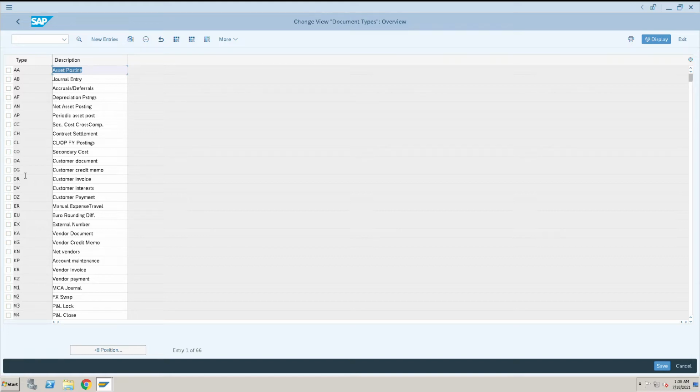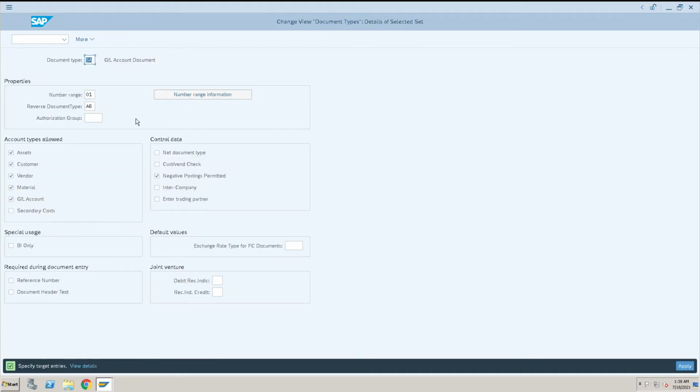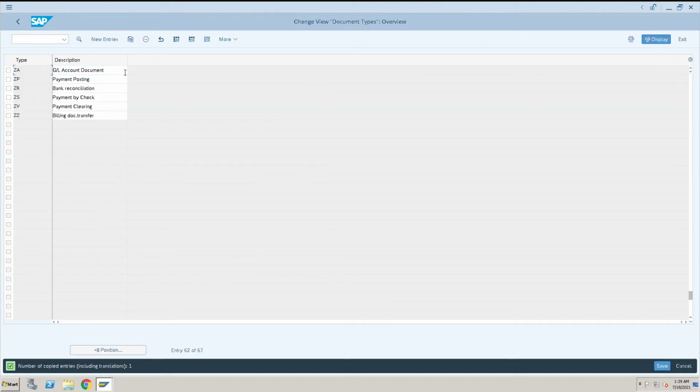So in that case, we will copy any one document type. Let's say I'm copying SA, copy it. Let's say there are some transactions they wanted to book under ZA document type. So ZA is the document type where they wanted to book some first copy related transaction. First copy means they use some test material from some of the vendors, and that they wanted to book under this document type. So we have created this document type and press enter here.